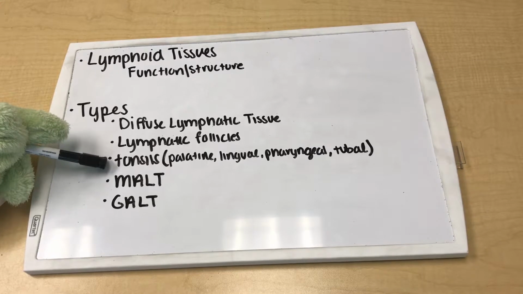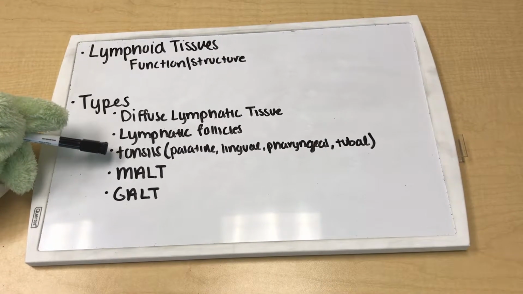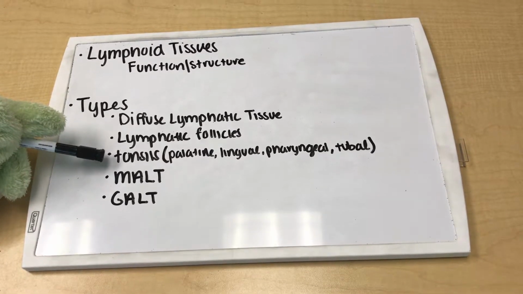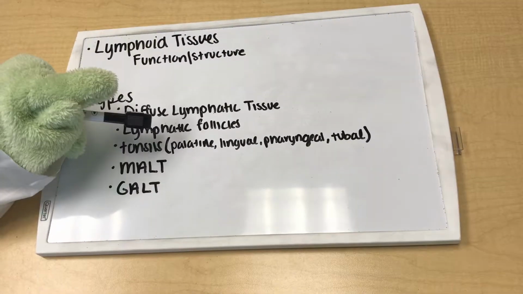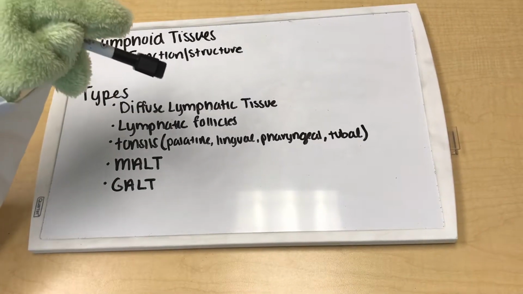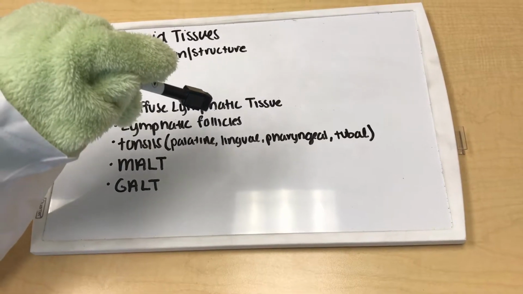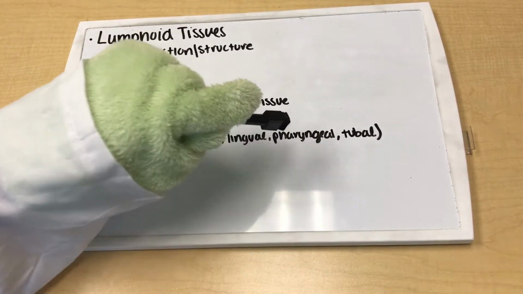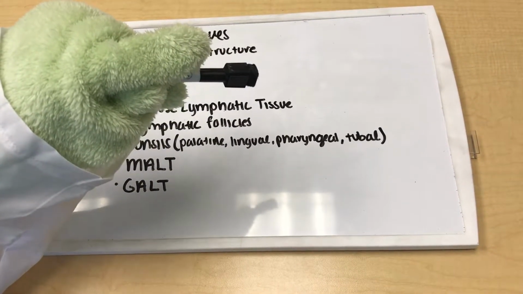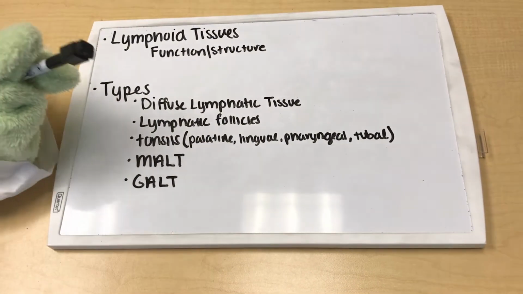The third type of lymphoid tissue is the tonsil, which forms a ring of lymphoid tissue around the small intestines and the throat. Locations include the palatine, which is the flaps on the throat, the lingual, which is the base of the tongue, the pharyngeal, which is the back of the throat by the uvula, and the tubal tonsils, which go